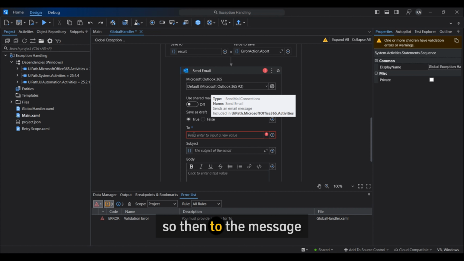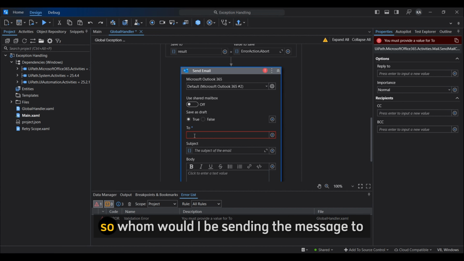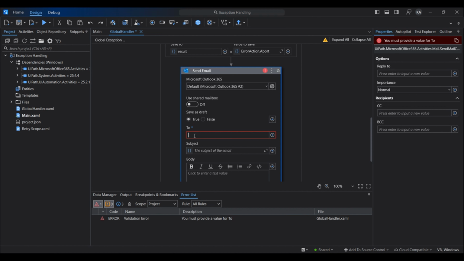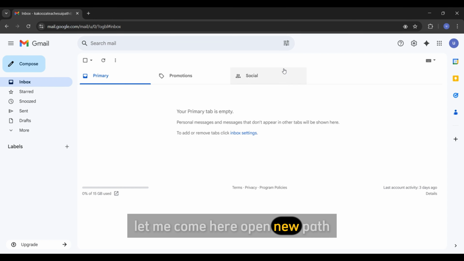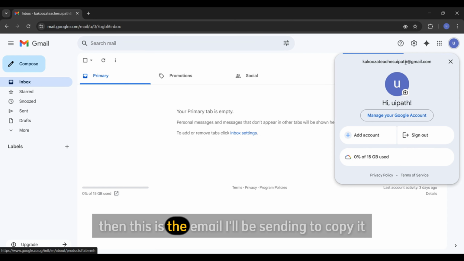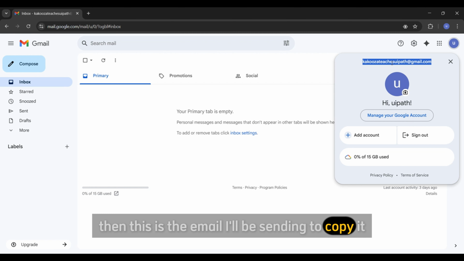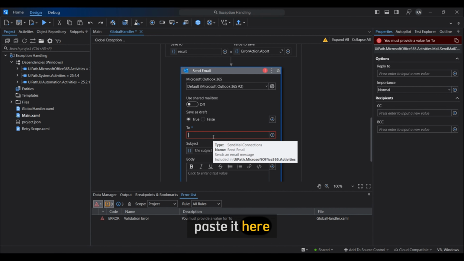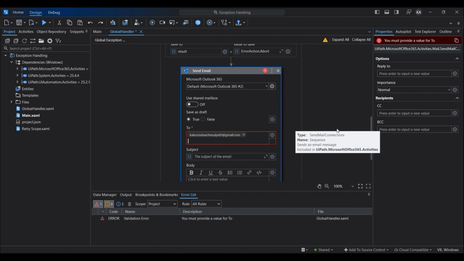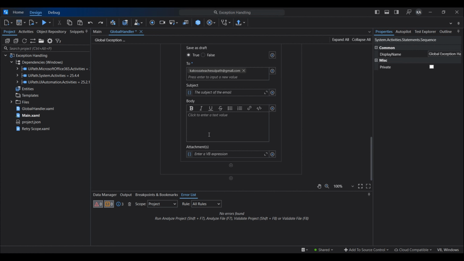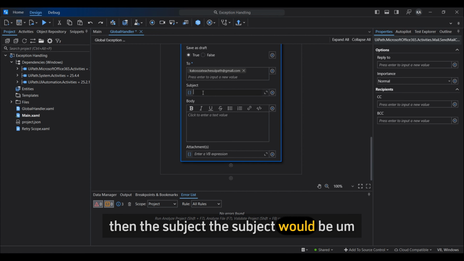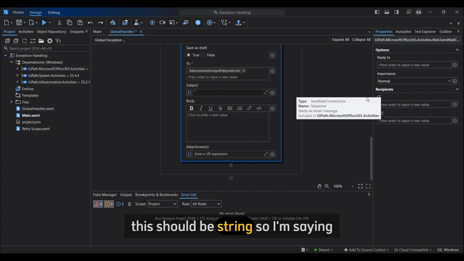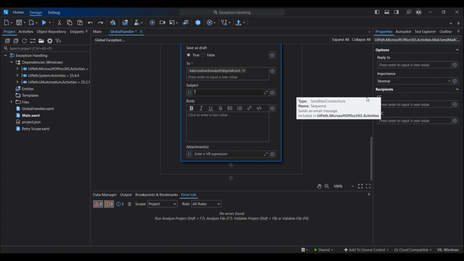Then to the message. Whom will I be sending the message to? I'll be sending it to myself. Let me come here, open UiPath. This is the email I'll be sending to. Copy it, paste it here. Then the subject should be a string. So I'm saying, error occurred,